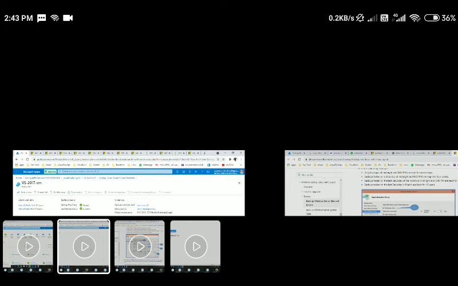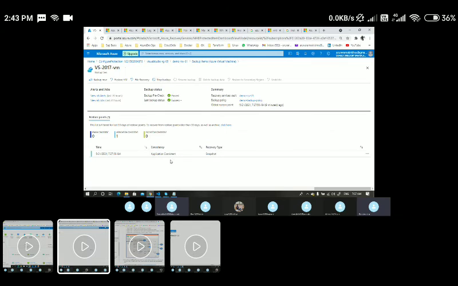So application consistent is nothing but whenever the VM is up and running, it will take an entire backup of your application. And crash consistency is nothing but whenever your VM is shut down, let's say at this moment another VM is shut down. So when your VM is shut down and you perform the backup, that backup item will be stored as crash consistent. That means you will not have live data. That is about crash consistent, application consistent, and file system consistent. When we perform the backup for the file system, we'll talk about that later.